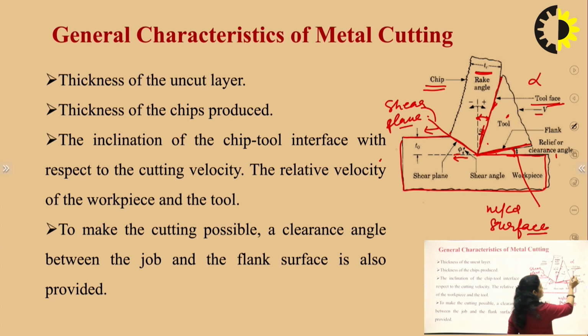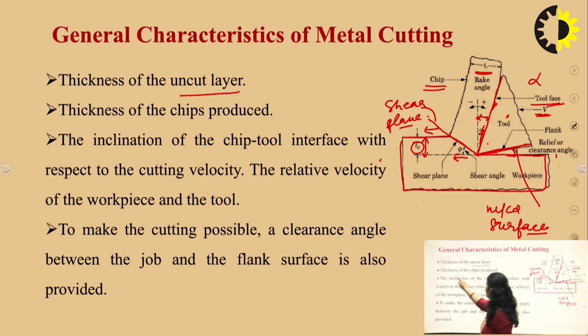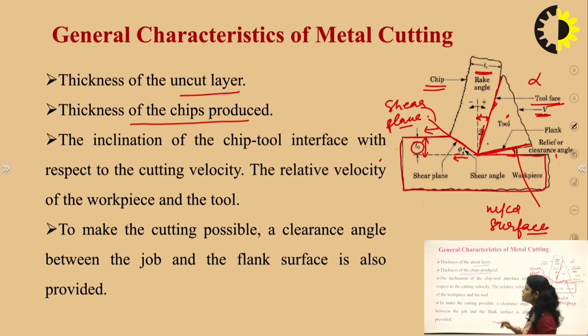The cutting velocity is basically the V. Here the material is deforming and this is the uncut chip thickness. TO is the uncut chip thickness. So we can see here the characteristics of metal cutting: the thickness of the uncut layer, meaning TO, the thickness of the chips produced, meaning TC,